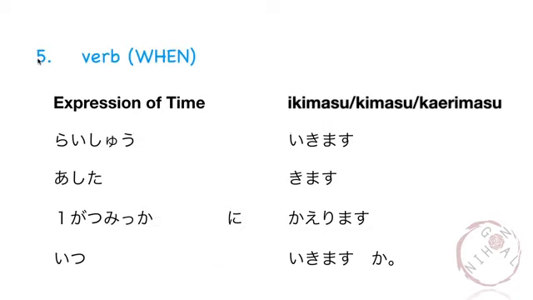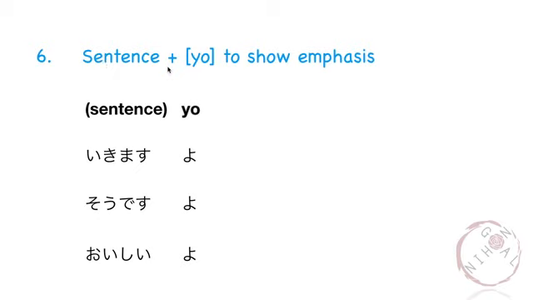Next, the interrogative word when, followed by the verb. For example, 来週行きます。明日来ます。1月3日, followed by the particle of time, which is に, then the verb 帰ります。And lastly, how to ask when, いつ行きますか? And lastly, sentence followed by よ to show emphasis. For example, 行きますよ。そうですよ。おいしいよ。